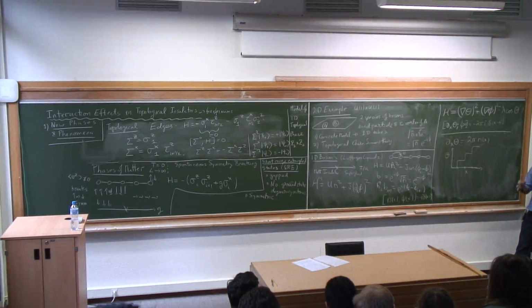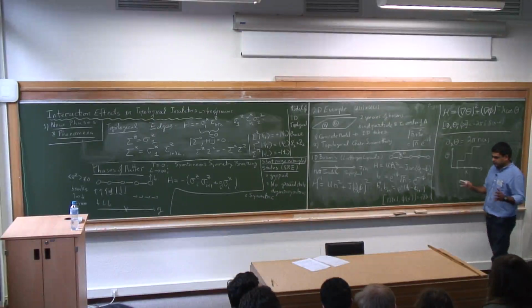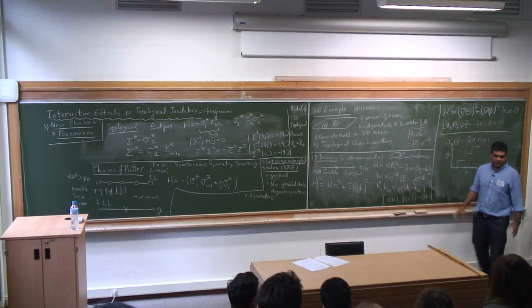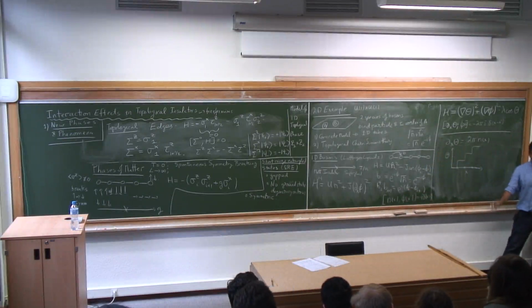Now, of course, if you want to know microscopically what's the right value of theta, that's going to be very hard. You also have higher order terms like cosine 2 theta and so on. But from a moral perspective, this model captures the two phases. From a long distance perspective, it's okay.